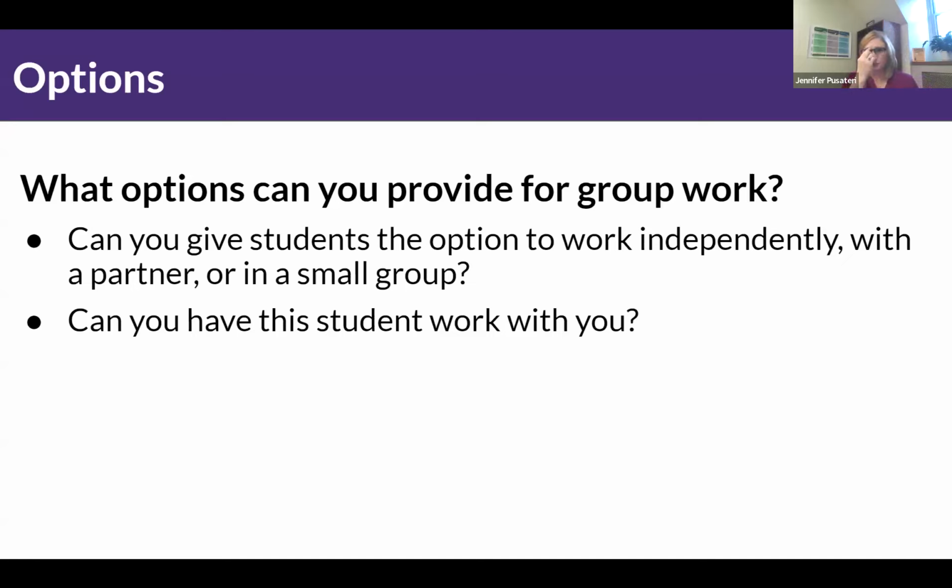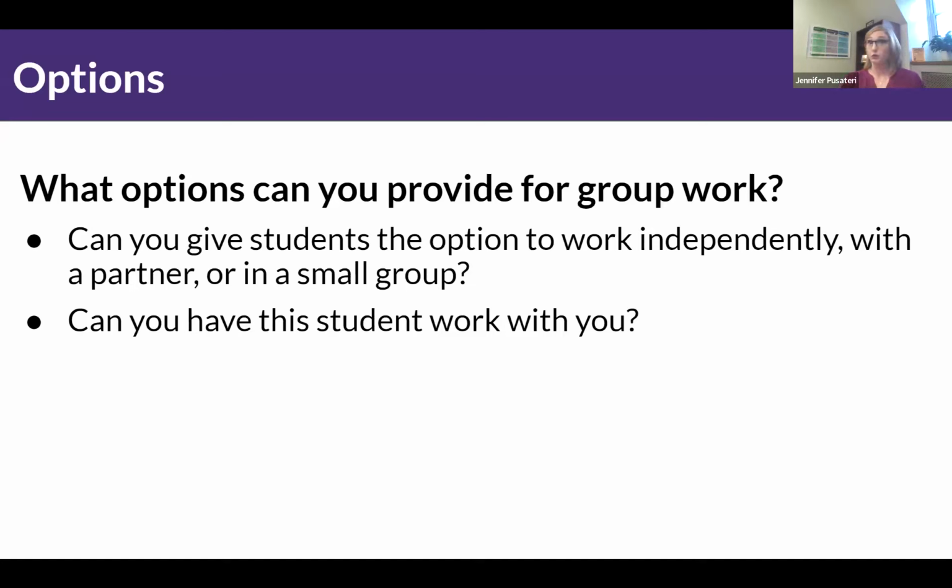Another option, especially if it's a student that's really having difficulty working at all in a group, is you can give them the option to work with you. Come to office hours and you will be their partner, or the TA could be their partner. Often students with autism work better with adults because they know what the role is with an adult, like a professor. They know how the power dynamic works there. But when it's their peers, that's the part that's really difficult.